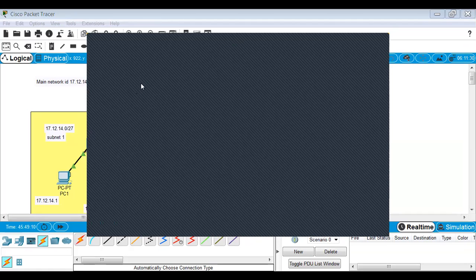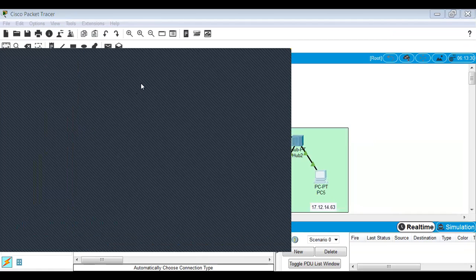Now for the third subnetwork, similarly, we can give the IP address and the mask. 240, because it is a 28 mask.